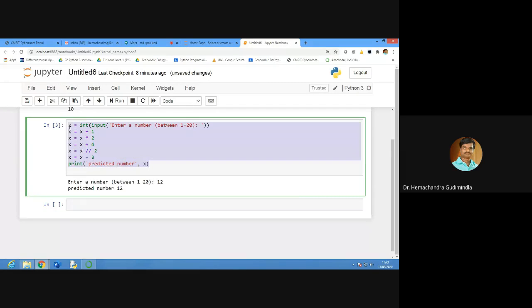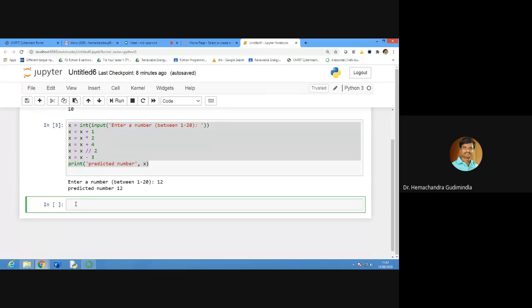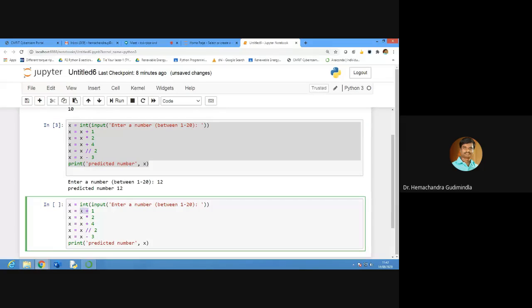So what I want to do now is simply copy and paste here. Instead of x equals x plus, I will write x plus is equals to. Here x into 2 is there, so I will write x into is equals to. Then plus 4, then double divided by, whatever it is. We should not work more; we should think smart. So here x minus 3 is there, you put minus.